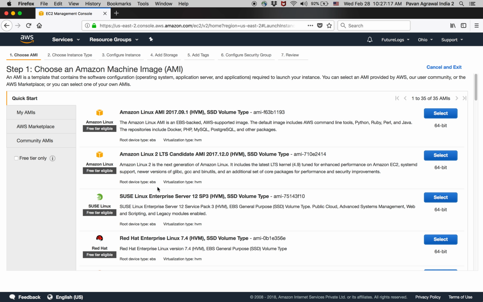Once you do that, you'll be presented with this screen where you choose an Amazon machine image. Amazon provides a ready-made machine image. A machine image is again nothing but a pre-installed operating system on top of a bare machine. So you can choose your machine. Since I'm a free tier user, that means it's a learning account, I'm going to choose only free tier